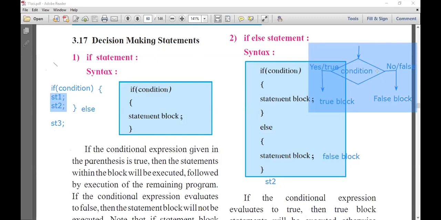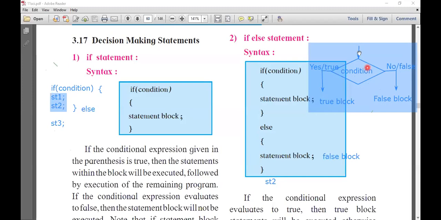Now see, the flow comes from the upper portion. Here is the condition block. The condition has two values. When you check the condition, there may be two values, either true or false. When it is true, the true block will execute, and when it is false, the false block will execute. So this portion is the true portion and this portion is the false portion.